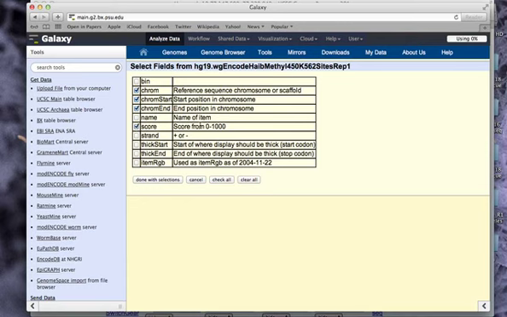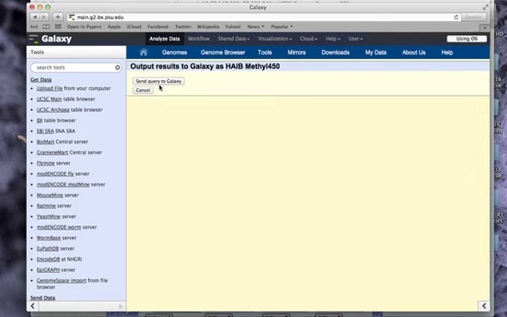But a score of less than 200 approximates to something that is unmethylated, and something greater than 200 is methylated. So we're going to use Galaxy in order to filter through that data so that we can keep it in separate categories. So here we're done,